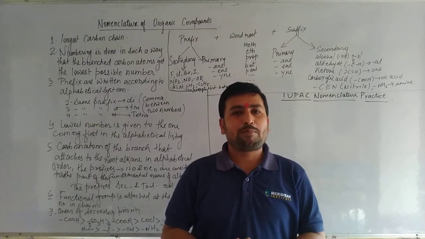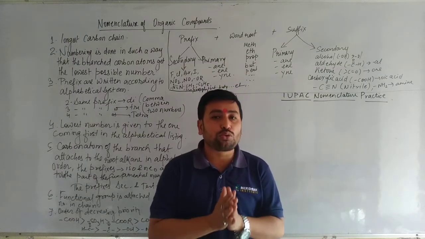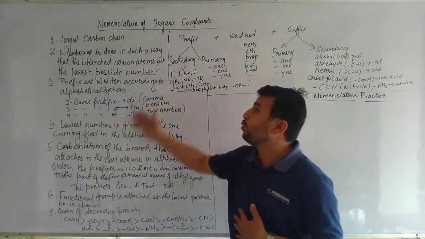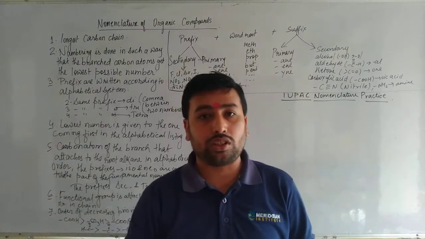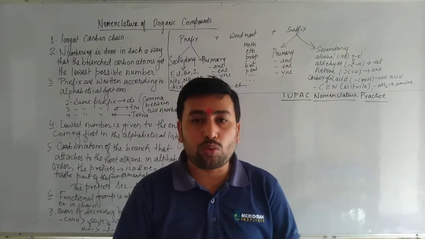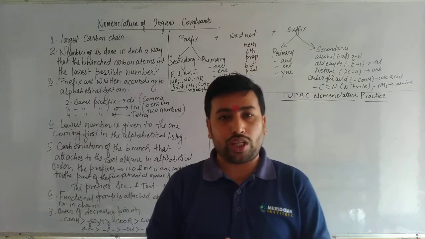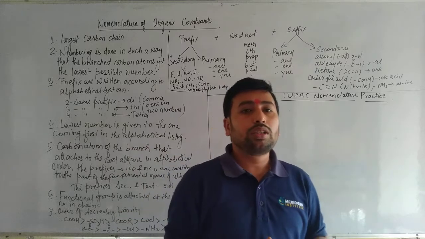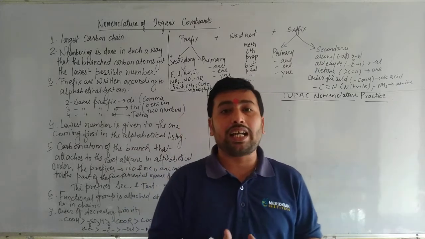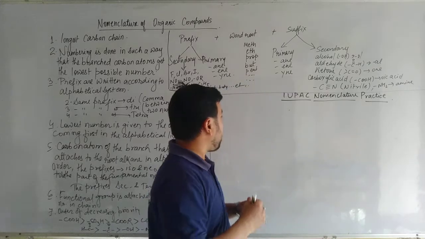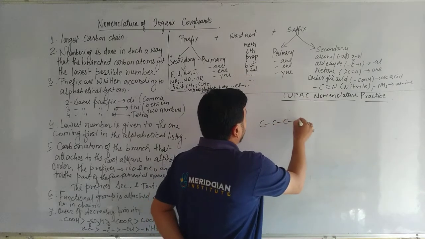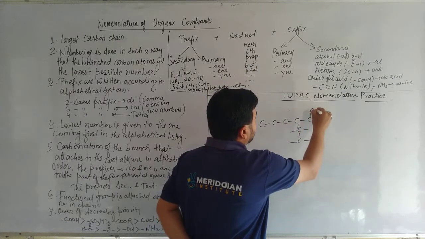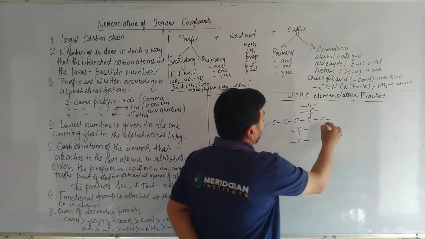So let's start with our first thing, how to write IUPAC nomenclature. You may see on the board that there are some points, some rules for how to write IUPAC nomenclature. The first thing that you have to count is the longest carbon chain. For example, if some chains are given in branched form, how will you count and how will you decide which chain to take? Just suppose here I am giving you 1, 2, 3, 4, 5, 6. I have made some branches and I'll ask you how to count.